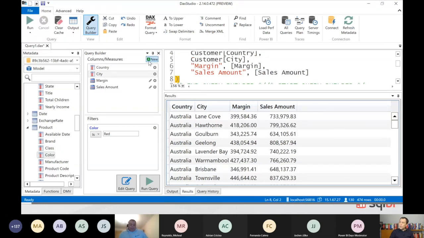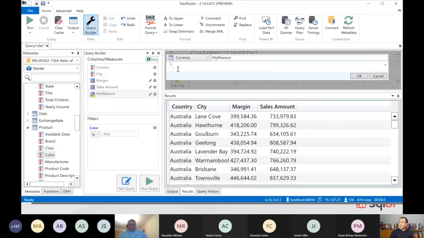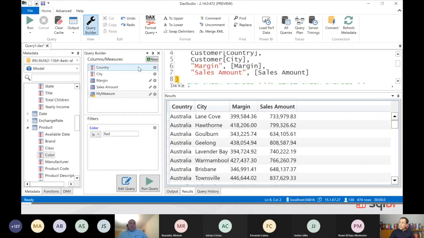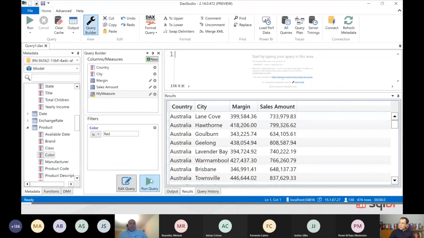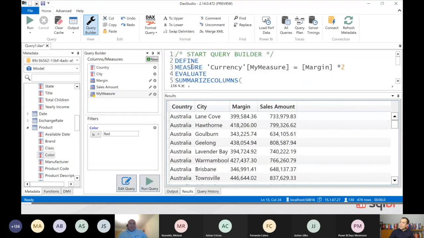You can also create a new measure for this query, which means that here I want to create a measure that says, for example, show me the margin. Let's see if I can do this here. Margin multiplied by 2. Okay. So I created a local measure. Let me remove this here. And if I edit the query now, you see that my measure has been defined as a local measure in my DAX query. So again,